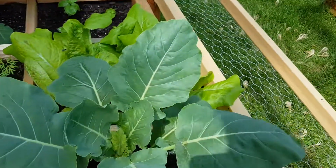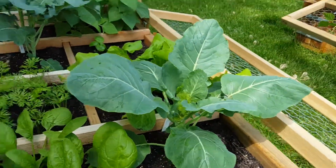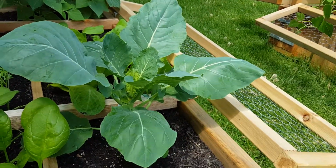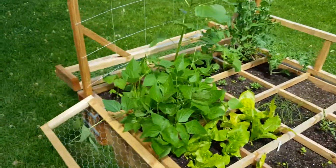This is cauliflower, and it's pretty big. Not quite as tall as the broccoli, but it looks really healthy. It's got more leaves than the broccoli, hence a little bit wider. Really nice. Over here in the east bed,